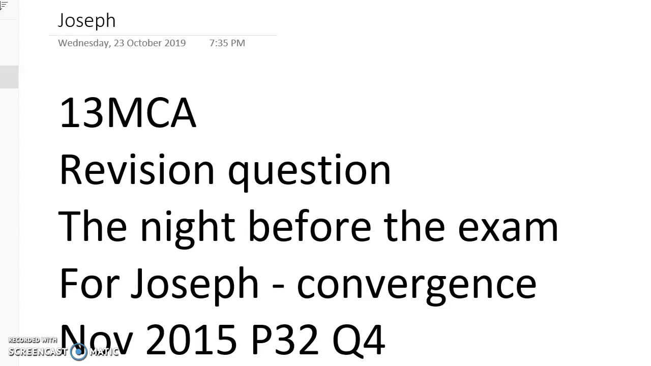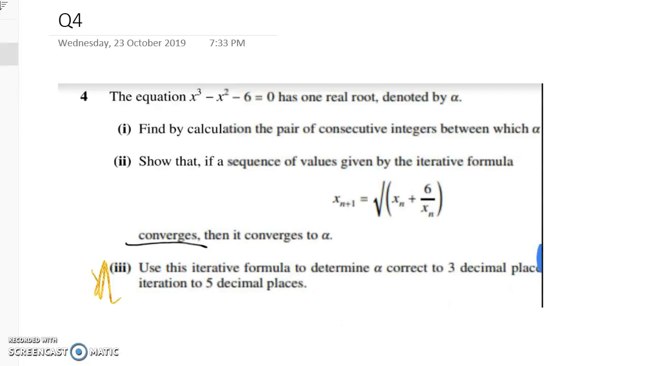It's a nice iterative methods one. I'm going to go reasonably quickly because I've got a few others that I want to do tonight, but I want to look at the three parts of this question. So we're given a polynomial. This cubic equation has got one real root denoted by alpha. The first thing we have to do is to figure out the pair of consecutive integers between which alpha, the